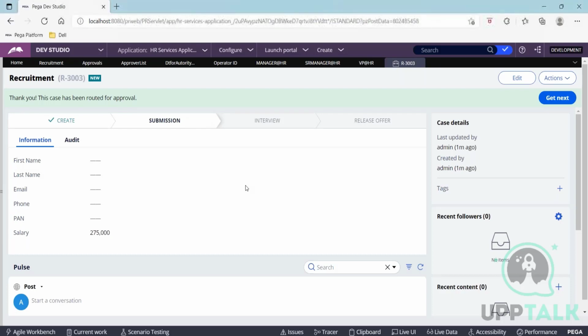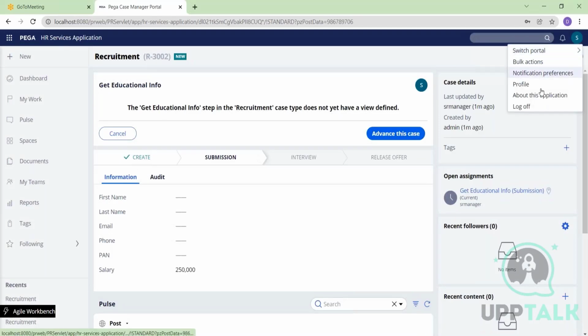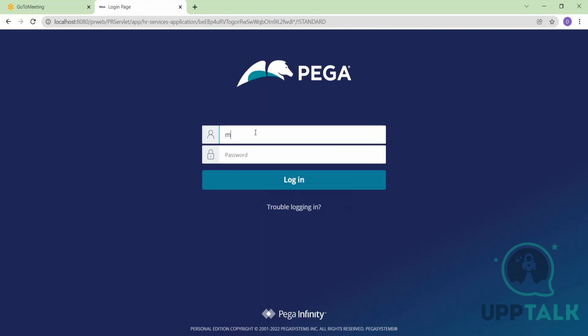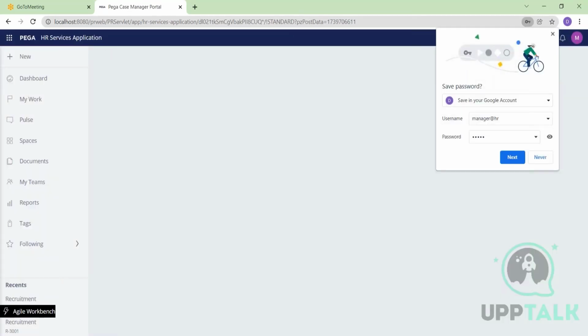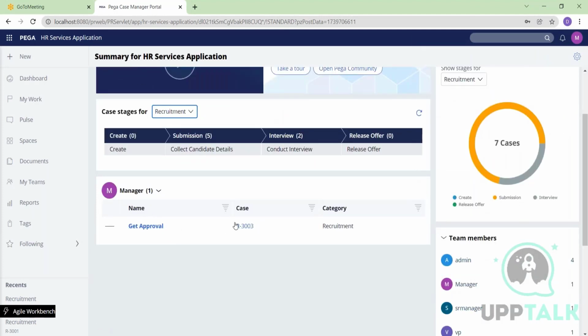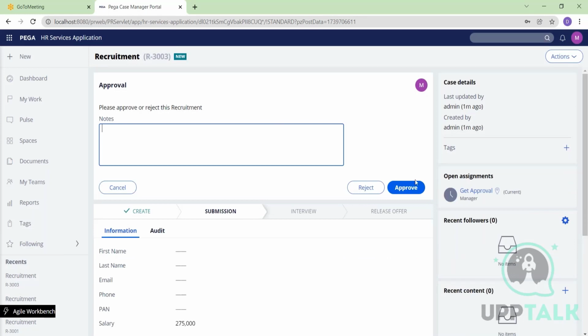So who should I log in with? The case ID is 3003. Can I log in with any random user? I mean, probably any level of approval? No. It has to be in the sequence in which your decision rule is executed. So the first one that's appended onto the list is going to be your manager. So the approval is pending with the manager here. So you see R003003 is